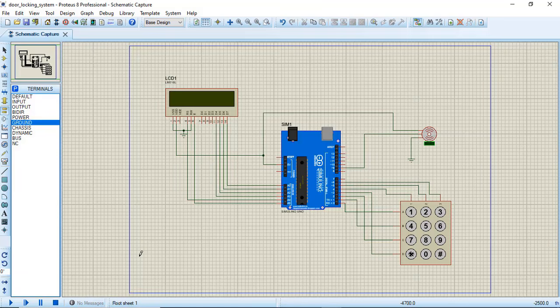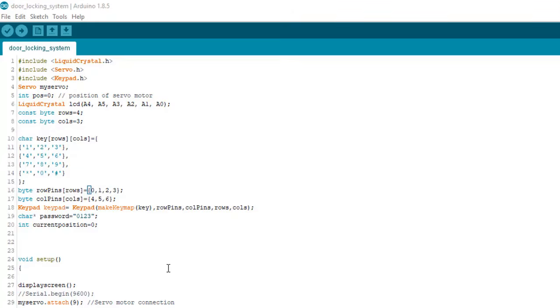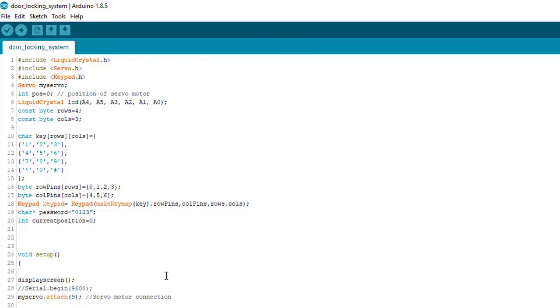Now we need to upload the program. So let's switch to the code. So this is our code. I am not going to write the entire code because the video will be quite lengthy. Instead I am going to explain what are the things I had mentioned in the code. Let me tell you first, I had defined multiple functions for each operation. So that might be tricky. I will leave the entire code in the description, so you can check it out from there. So let's go to the code.